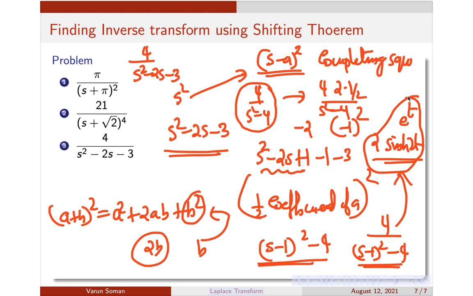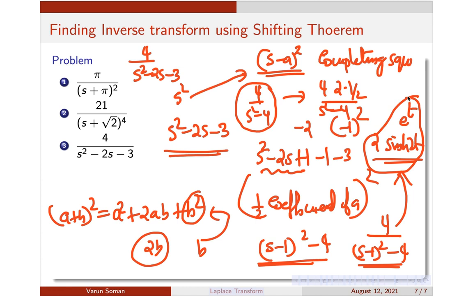Some problems will be easier in terms of these shifting functions. I will show such problems. If you do it by partial fractions, you will get another form of answer, but both answers are the same, because in the partial fraction case you will get an answer in terms of e raised to some power, but you know that sinh 2t is e raised to 2t minus e raised to minus 2t by 2. So when you apply that, you will get the same answer as the partial fraction approach.